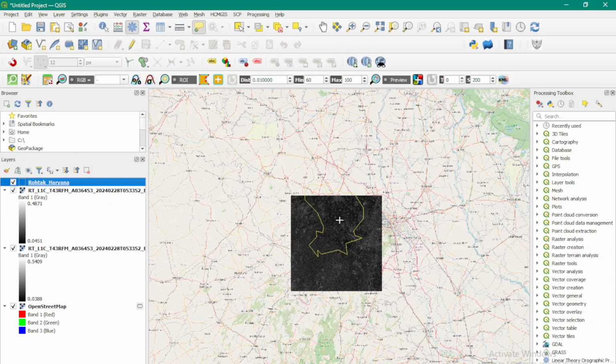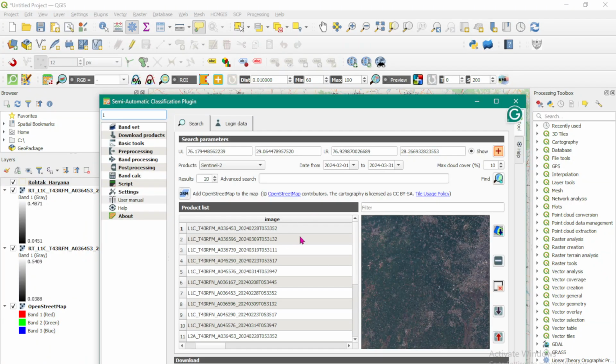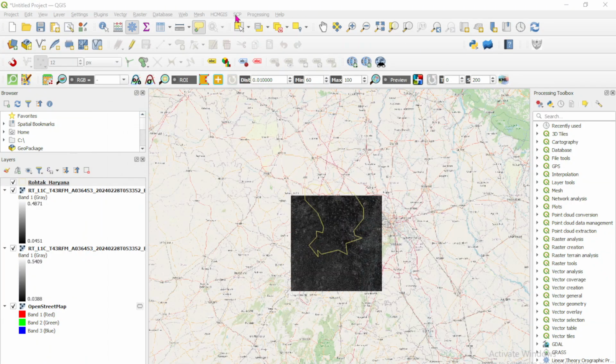Now if you see that it is falling out of your image, then what you will do is you will create two different shapefiles, one covering this part, one covering that part, and then go ahead with your analysis, with your downloading process. Now let us go ahead, and yet again we will just close this SCP dock here, and then